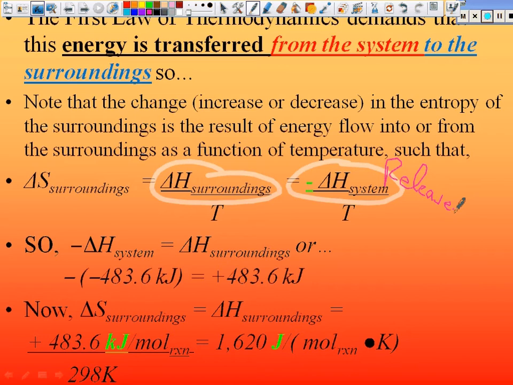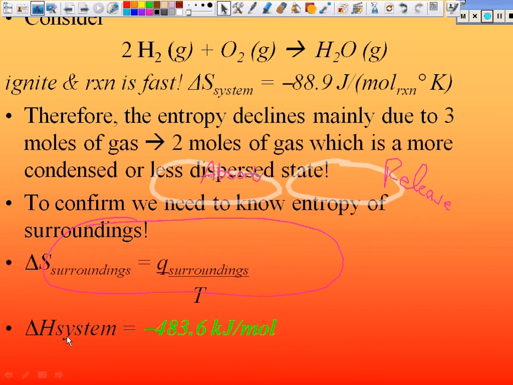Now, again, this is only for this particular example. This is not for all. This is just for this one. So this is where we get this particular information. So that's why it's equal but opposite. But remember, the question we wanted to know was delta S of what? The surroundings. We gave you in the previous slide, one more time, delta H of the system. Well, if the system is negative, then what is delta H of the surroundings? Positive, which is exactly where